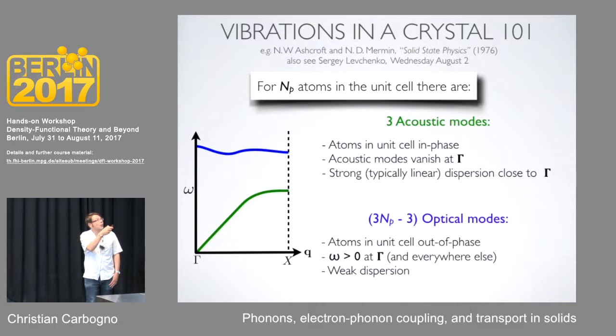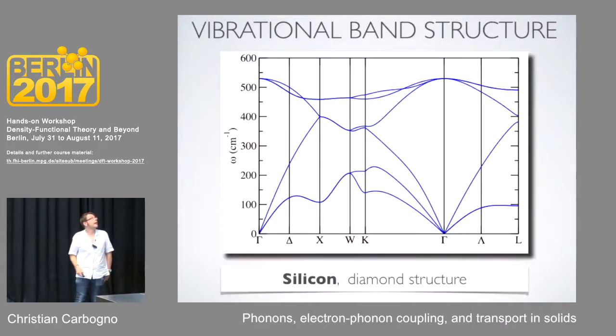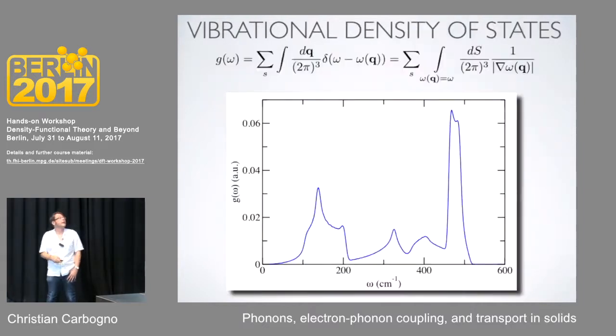If you go to a real crystal that is not as simple as the sketch here, you will always get 3 acoustic modes that correspond to the 3 different translations you can have in the different Cartesian directions, and then 3n-3 optical modes for your system. Just to give you an example, this is the vibrational band structure of silicon. You will calculate this this afternoon. From such a band structure, you can also calculate the density of states, exactly like you've done in the electronic case, but this time integrating over these vibrational frequencies. And then you get the exact same kind of properties, which will be discussed more in the afternoon.